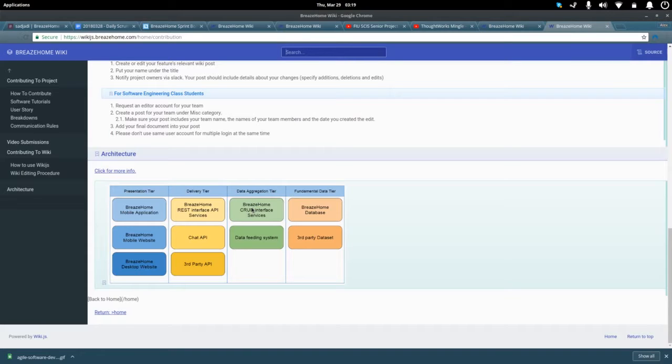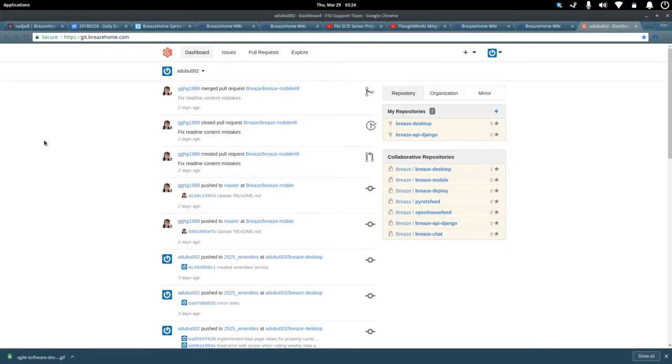and I can get a good grasp on the various classes needed by looking at the Git repo. So we'll be moving on to there next. So once I'm here at the Git BreazeHome website, I can start to get a feel of what it is I'm going to need to transition from the system design to object design. Now when we were looking at the system design, we already decided that we were going to be implementing this